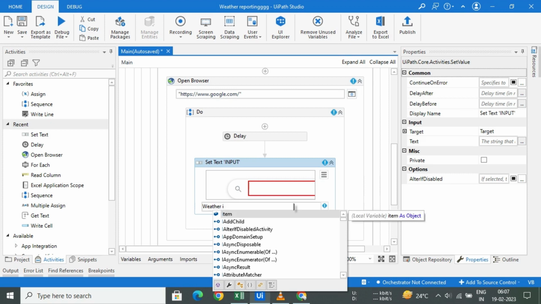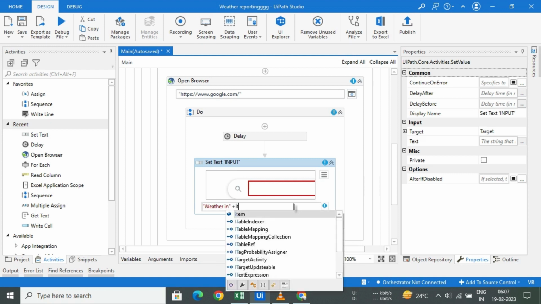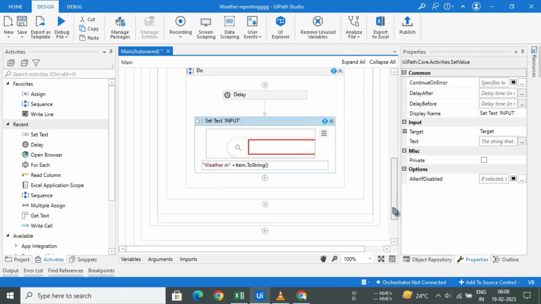No, it's wrong. I indicate the search bar. Yeah, I indicate that. So then the text must be quoted in this option. I can indicate that type into a weather in